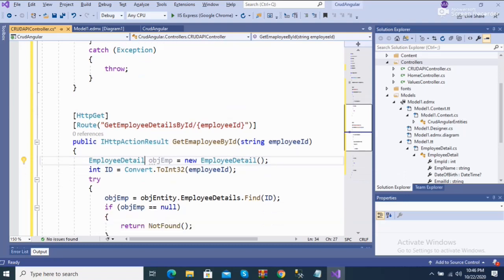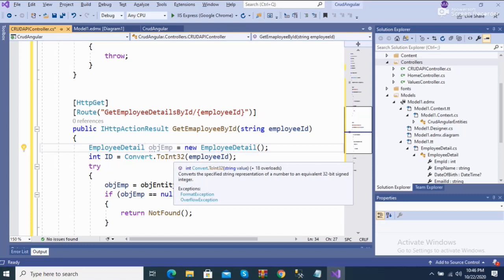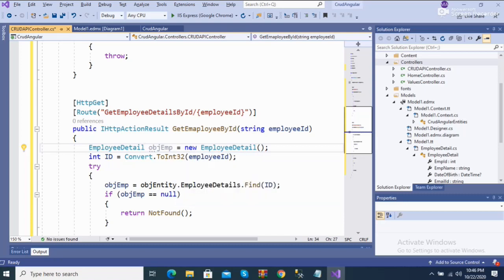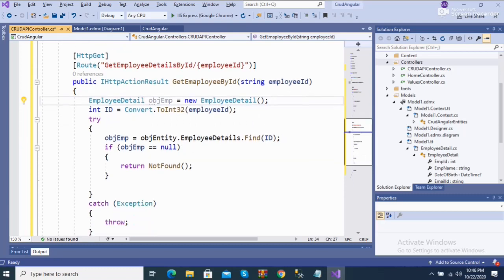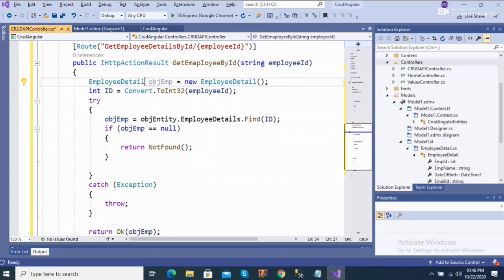Here I convert the employee ID into an integer from the string, because the employee ID is in the form of a string. Now we add the try and catch block, because if it returns any kind of exception, it throws an exception. Here is the object employee, the entity object EmployeeDetails, and Find by ID. If Find returns null, it's not found; otherwise it returns the value for that ID.